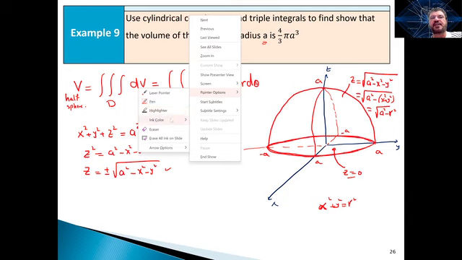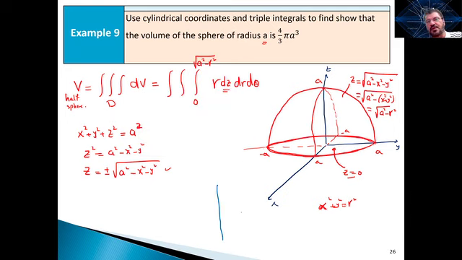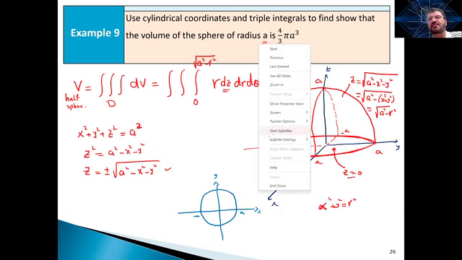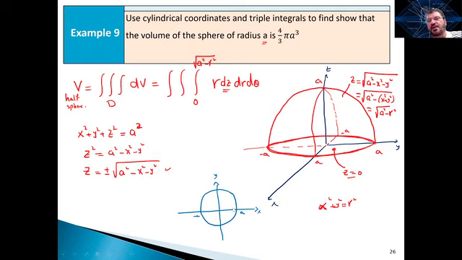All right, let's take the base. What's the base here? We know certainly on the xy plane, our base is a circle of radius a, right? It's a circle of radius a. This is our base. All right, so what do we do now? We're going to take